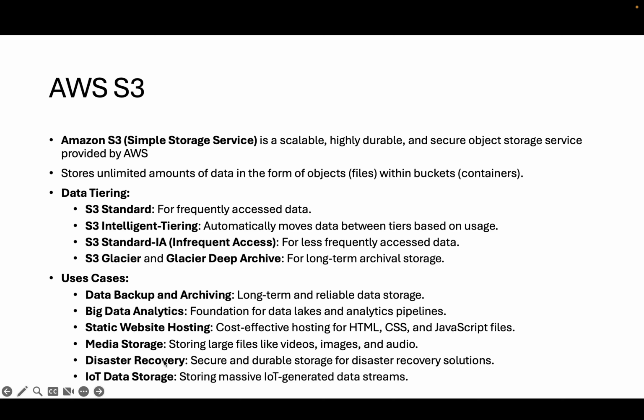The other one here is disaster recovery. S3 provides you with secure and durable storage for disaster recovery options. If you have backup files, you can store them in S3, and whenever there is a disaster in your warehouse or data analytics services, you can recover it from S3. I believe Redshift stores some backups in S3, and some other services like RDS,